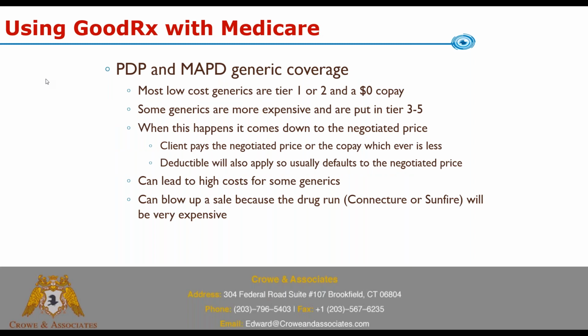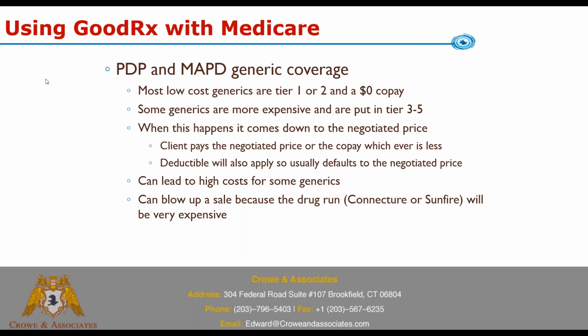So the issue I think a lot of us have is with PDPs and MAPD plans, with generic drug coverage. Most of your generics on a PDP or MAPD, if they're a cheap generic, are going to be in tier 1 or 2, and a lot of times they're a zero copay. But as you've noticed, sometimes generic drugs, especially the creams for eczema, painkillers, and sometimes the higher dosage of generic diabetes medications, will be put in tier 3 to 5 at times. And when that happens,